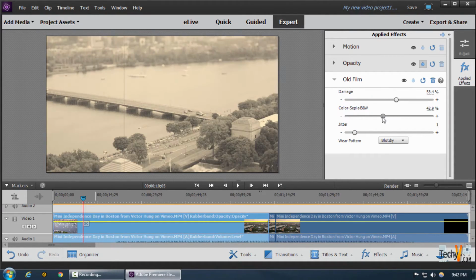Now we can also increase or decrease the color sepia and make sure that the sepia is something that we want to make sure looks original and natural, like an original old film. And we can increase the jitter, which is actually the trembling effect that the video creates because there was no image stabilization in those ages. So a little bit of jitter actually gives a pretty decent, as you can see,